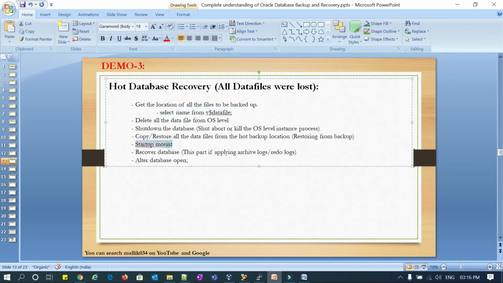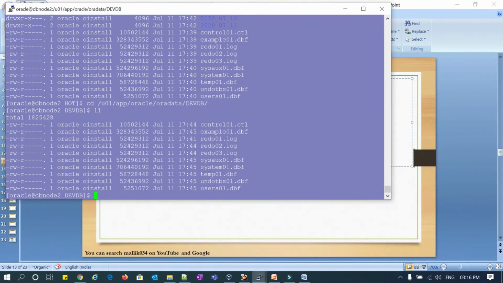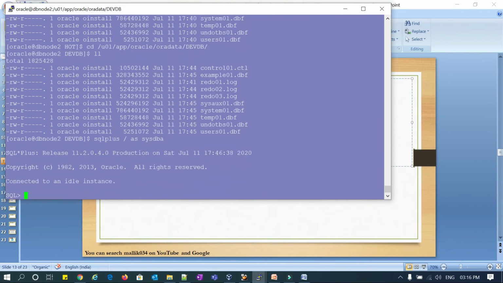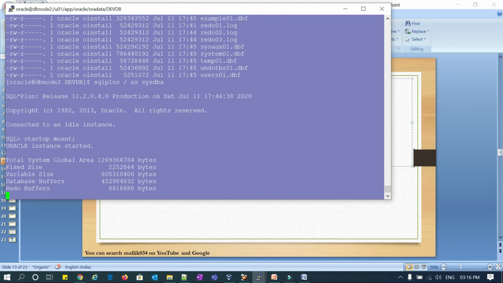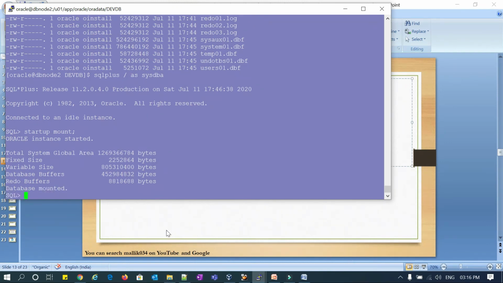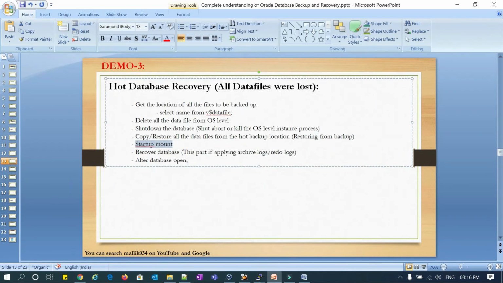After copying, I will do startup mount, and then I will do recover database. I do startup mount because I have my p file ready and the control file is ready, so I can go till mount. Then I'll do recover database.